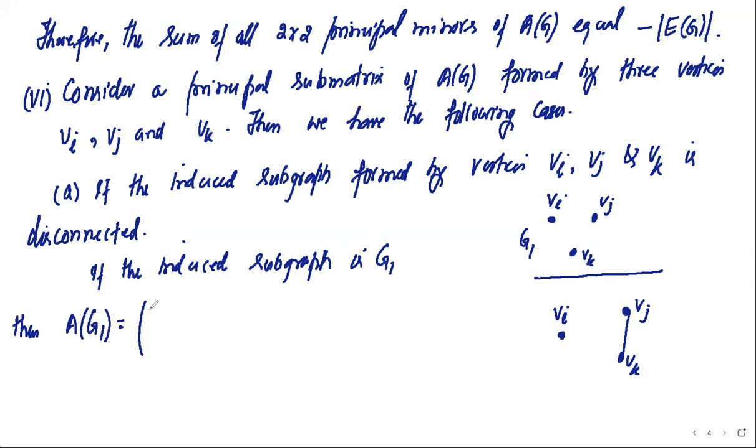Now this will be a zero matrix, 0, 0, 0, because there are no adjacencies between any pair of vertices. But if the induced subgraph is